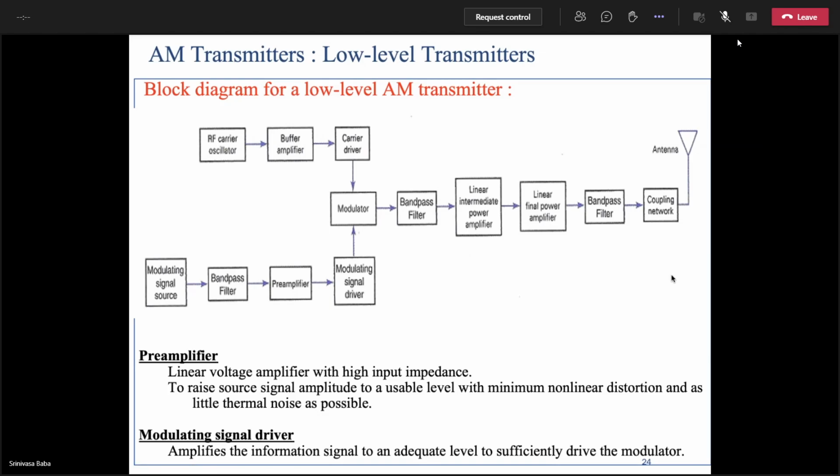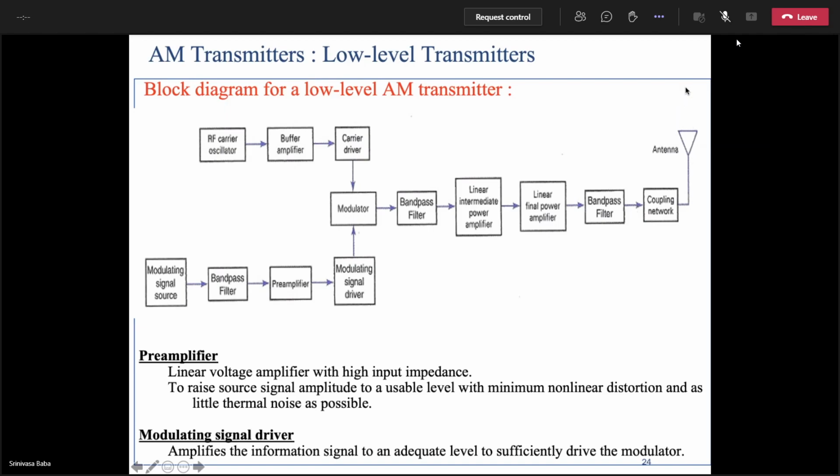Maximum power transfer theorem states that maximum power will be delivered to the load from the source if the source impedance and load impedance are complex conjugate to each other. If it is pure resistances, instead of impedances, then RL must be equal to RS. Load resistance must be equal to source resistance. So 377 ohms of the antenna must be the same as this one.